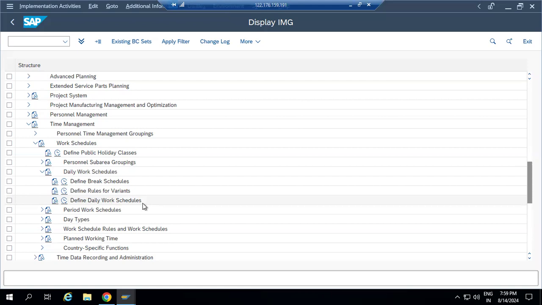Create work schedule tool, V_T508A or V_T508A_B. This rule says how many working days per month, week, or year. Here we assign the holiday calendar and period work schedule. Then we have to generate the work schedule for the employee. After creation of everything, we generate the work schedule